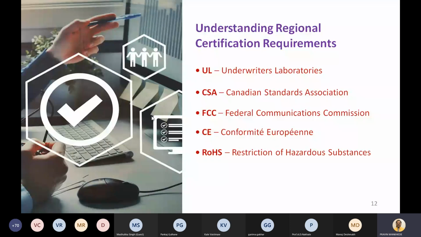And as you can see, even though there is a UL certification on your device, under that logo there will be a particular number available, and that number defines the product for which the UL certification is taken, or for which the CE certification is taken. If you have a laptop and a charger right now, just check: there will be a UL symbol, and under that symbol there will be some specific number written, and that number itself gives you the subset under the UL certification.